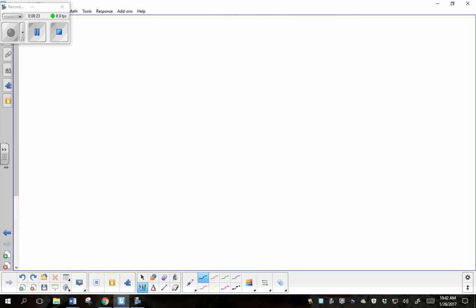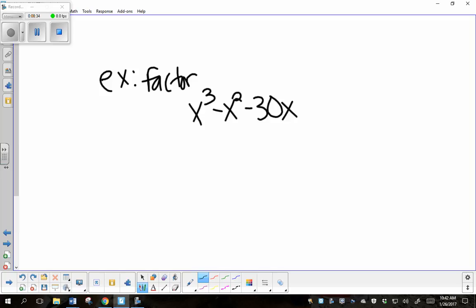All right, I have two more examples. The first one we're going to do is we're going to factor a trinomial, x to the 3 minus x squared minus 30x. So when you look at this, you might be thinking, well, this doesn't look like the ones we've done so far today. The ones we've done so far today always start with an x squared. So what you want to do is always, always, always, whenever you're factoring any problem, because we're going to do tons of factoring, your first step is always to factor out any common